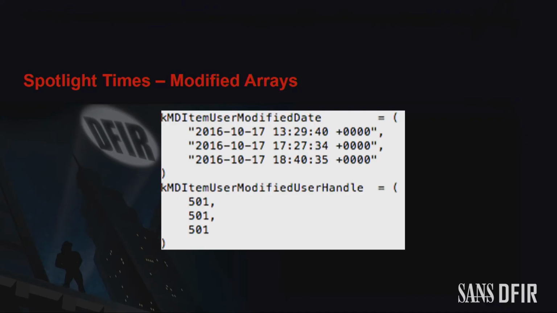And then, as I was looking at this, I found some other cool stuff. With kMDItemUserModifiedDate, this one, also very, very cool. Another array, and this will tell you all of the times that the file was saved. Now, I haven't quite maxed out how large this array is yet, but not only do you get the date and time